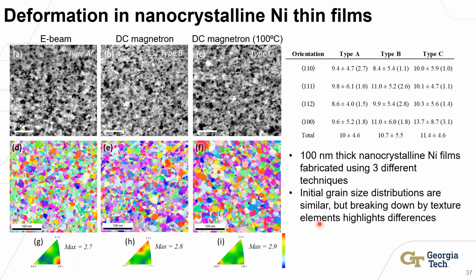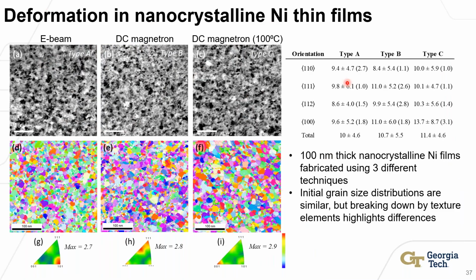To try to differentiate between those two different effects, we took 3 different films fabricated using different approaches. So just E-beam evaporation, sputter deposited, and sputter deposited on a substrate with elevated temperature. These 3 different films had very similar initial grain sizes, but the grain size distribution and the texture of the 3 films was fairly different. So in the E-beam evaporator, we have this 101 textured thin film. In the sputter depositor, we have a 111, 112 textured film, and in the elevated temperature sputtering, you get a